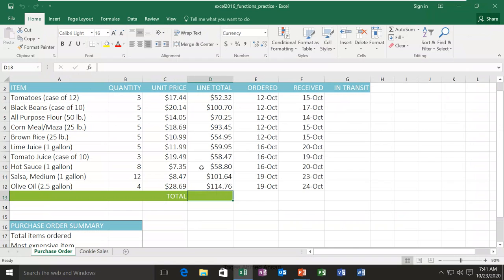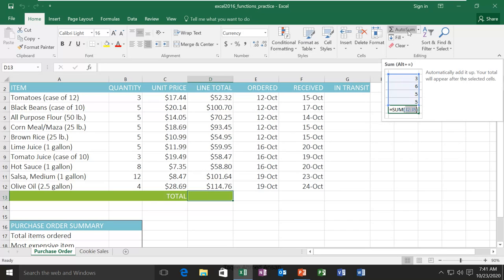For example, here I have this file and I want to calculate the total of these amounts. So I select the cell I want to calculate in. In the Home tab, I have the Editing group and from there the AutoSum command. If I directly select the command, it will use sum. You can see in the preview that it is going to use sum.